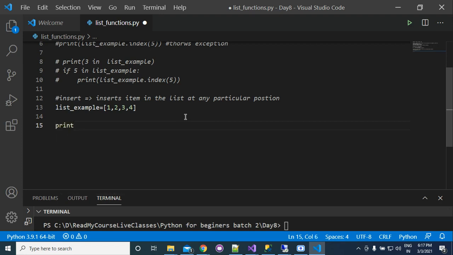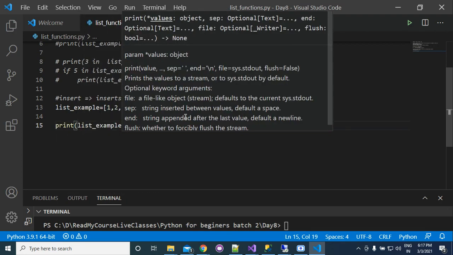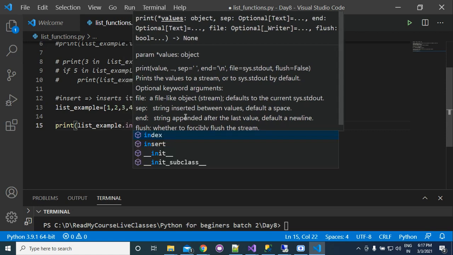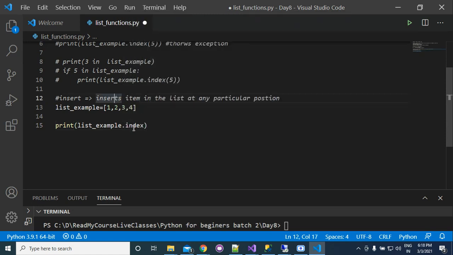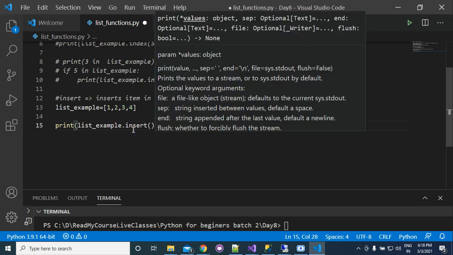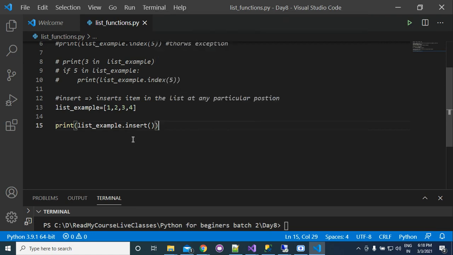So you can write print and then list example dot insert, and then here you need to pass, first, the index. You can see that it is suggesting it. First, you need to pass the index where you want to put the element, and then you will pass the object, meaning the element.